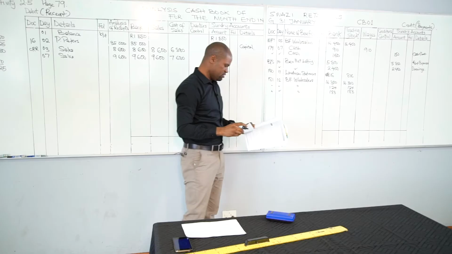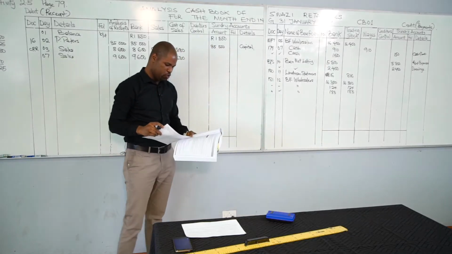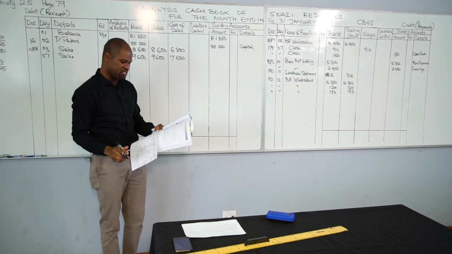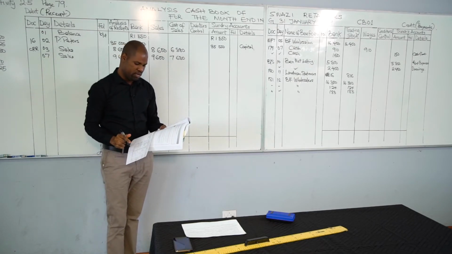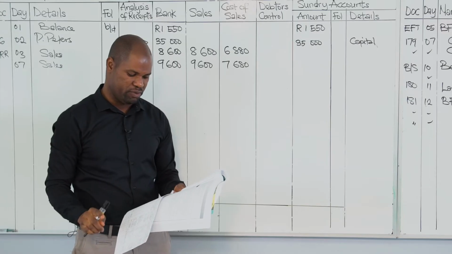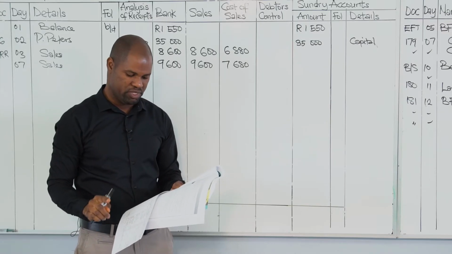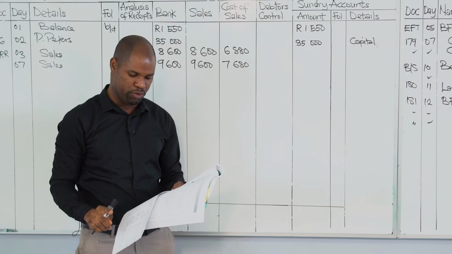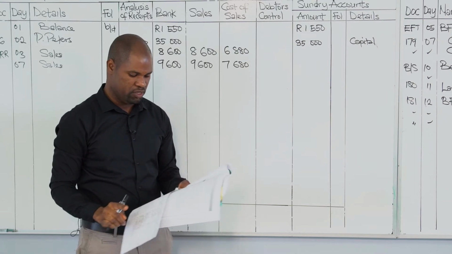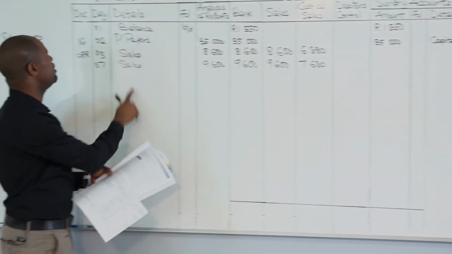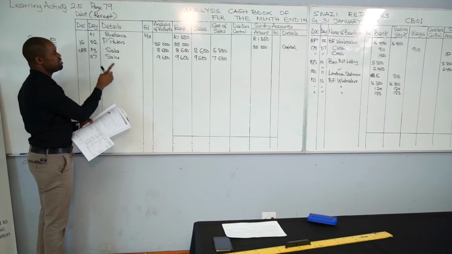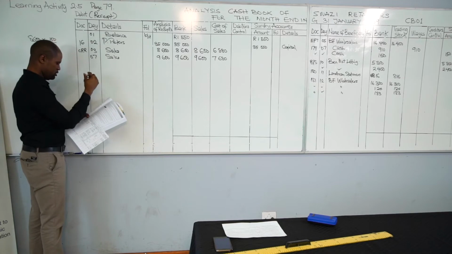Then on the 14th, according to the question, we have cash sales of merchandise, and the amount is 13,200. Then there is another transaction. A check was issued, check number 182, for payment of wages. So the first one is a receipt. I come to this side to treat it because the receipt side always increases your bank. On the 14th,